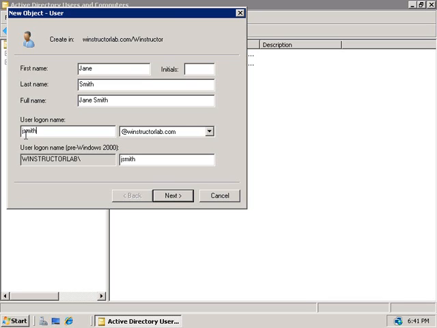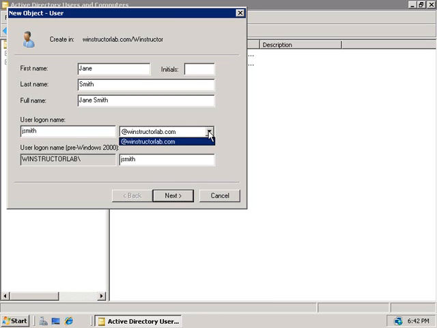So for Jane here to log onto this domain once we create her account, she can do so using jsmith and providing her password and domain, or she can enter in jsmith@winstructorlab.com. Both of those are going to work fine, and they function identically, so she can take her pick. So this UPN can be used to log on to any Windows system that's running Windows 2000 or higher, but the only real condition is that the name must be unique within your Active Directory forest. So what we're saying here is we won't be able to create